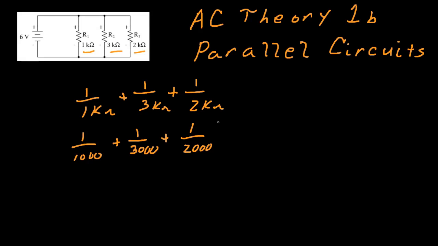So you'll go 1,000 reciprocal plus 3,000 reciprocal plus 2,000 reciprocal equals, reciprocal, equals, and you should end up with